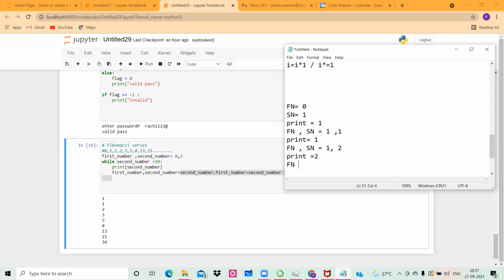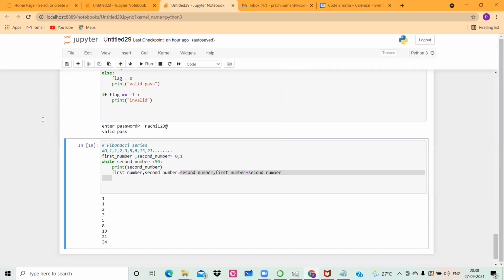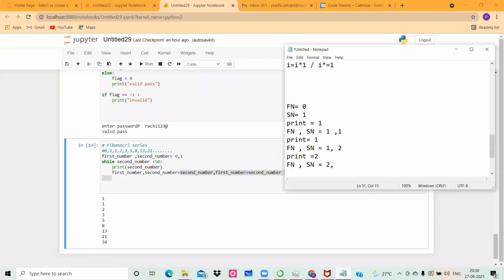उसके बाद again your first number and second number will be updated. Your first number will become 2 now. And what will be the value of the second number in this case? The second number is addition of the previous one, addition of the previous two numbers. Sorry, yes. So the previous 2 का addition मतलब 1 plus 2 का addition. So your second number will become equal to that of 3 this time. Okay. So 3, it will again check if 3 is less than 50. Yes, 3 is less than 50. This condition is again satisfied. Print statement पे आएगा, second number को print करेगा. So print क्या होगा? 3 print होगा.